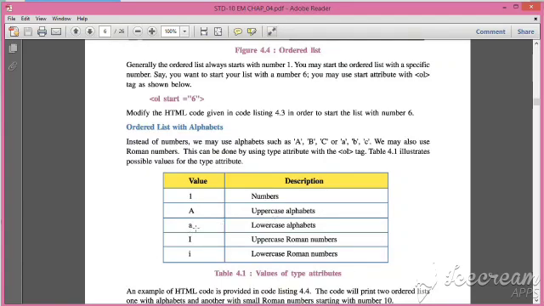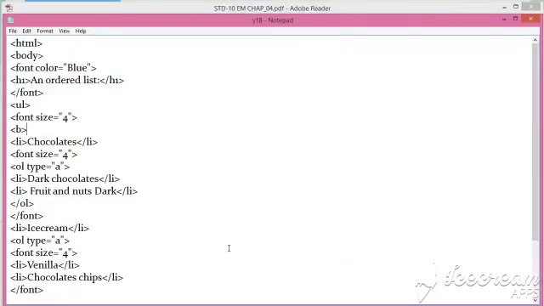For inserting small letter a, we use lowercase alphabets. For the Roman numbers, we use capital I, uppercase Roman numbers. And for lowercase Roman number, we use small i. Now student, start with the practical of ordered list with